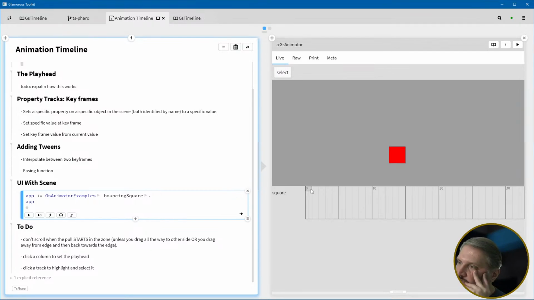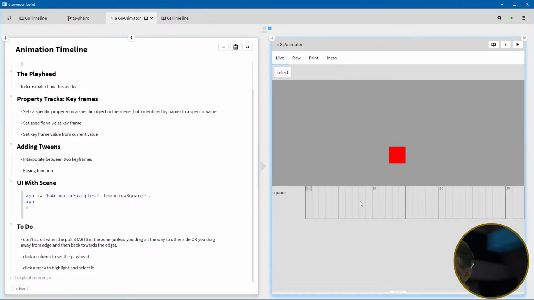When I click on 0, it should actually move the animation to that point. Even though it started out in the middle of the scene, because that's how the scene was configured, in theory you'll be able to move these around anywhere you want. And then when you click on 0, it'll snap it to, or rearrange it to, whatever